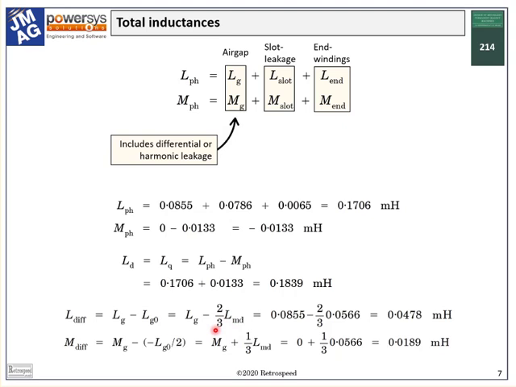So here at the bottom we see the difference between LG and 2/3 of LMD, 47.8 microhenries, and this is what we call the differential leakage or the harmonic leakage inductance. It's the inductance associated with all the space harmonics produced by the phase winding except the working harmonic. A similar process finds the differential component of the mutual inductance between phases, except that here the coefficients are slightly different, as explained in the Green Book.